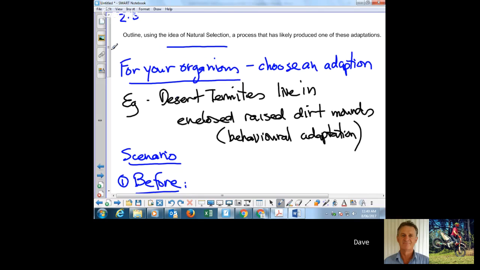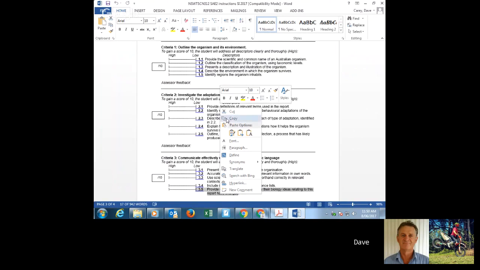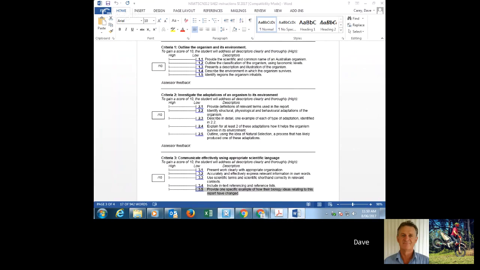Okay. Now, let's look at this criteria, because I want you to get this mark, and I want it to be in your reports, in your drafts. We're going to do this now. Put in your draft, I'll copy this to